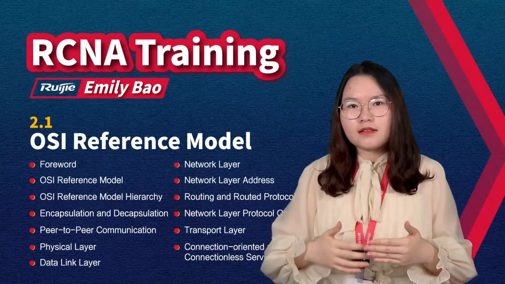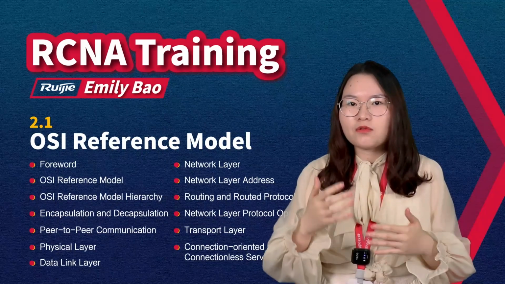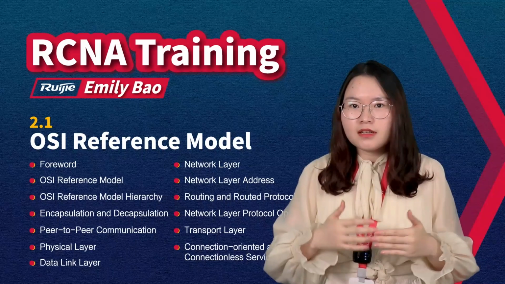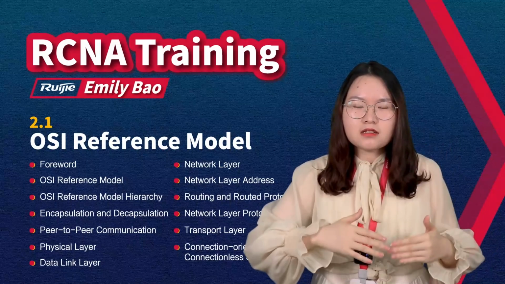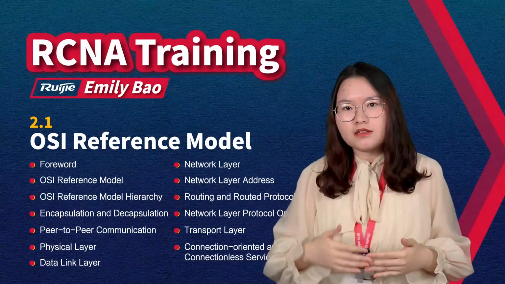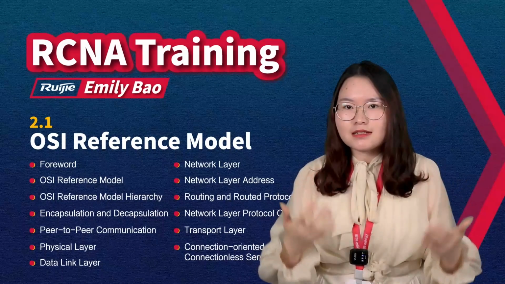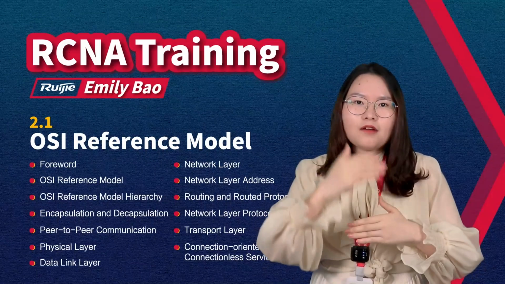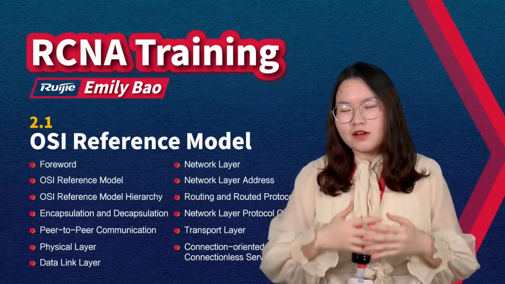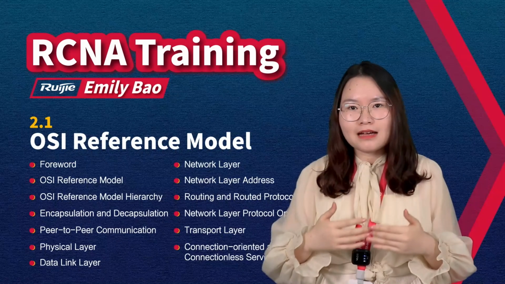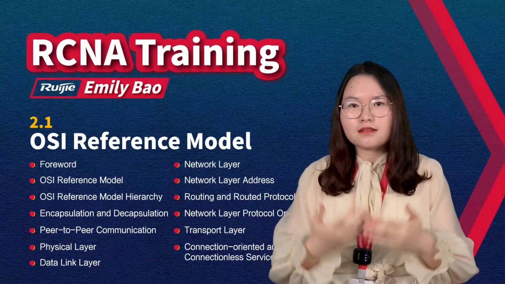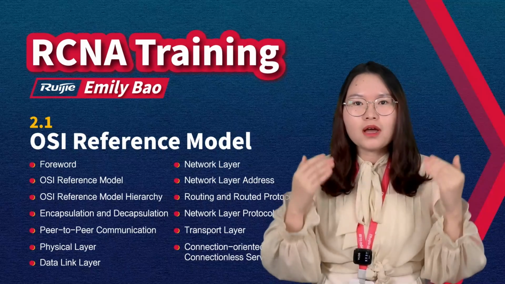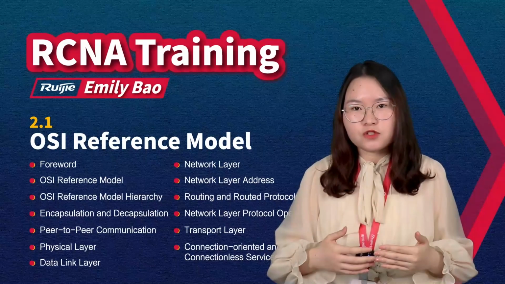And the next one is the advantage of the hierarchical structure. In the OSI reference model, we divide the network into 7 layers from the bottom up. The first layer is the physical layer, the second is the data link layer, and the seventh layer is the application layer. After we finish the hierarchical structure, it is useful to help us understand the network, learn the network, and it is also very useful for troubleshooting. So this is a part of the OSI reference model.